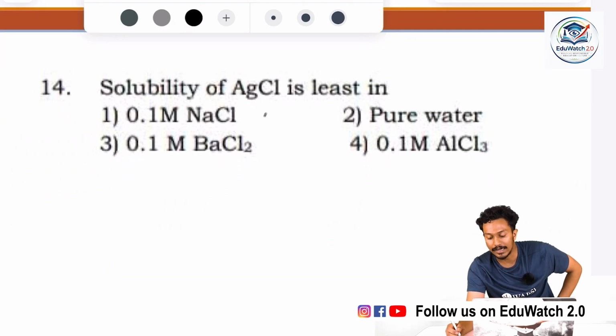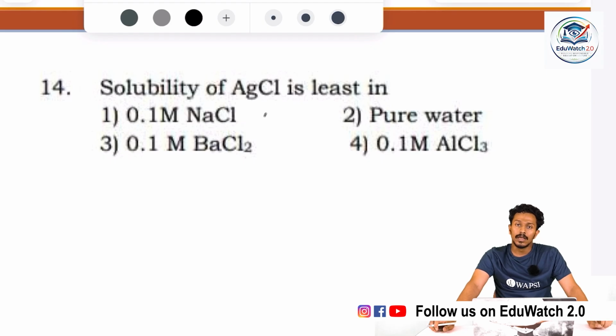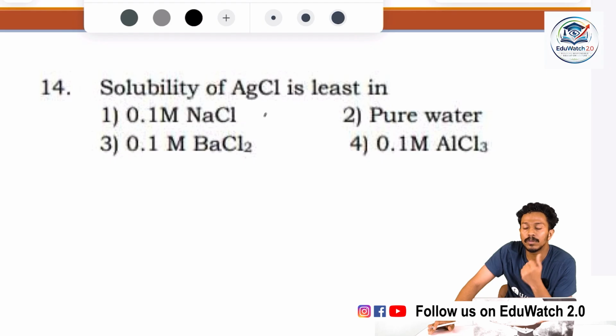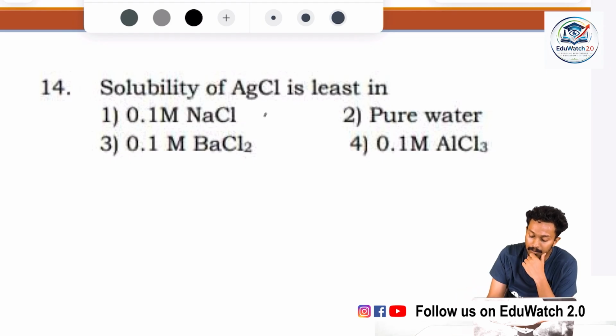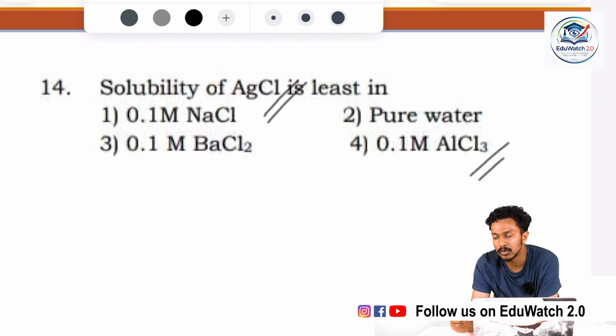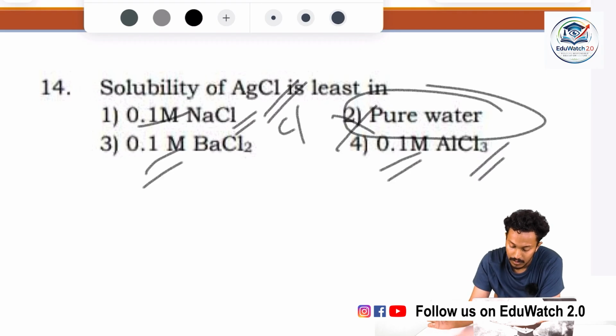Solubility of silver chloride is least in. Here the concept that is associated with this question is common ion effect. Ions common both in the reactants and solution, in the solute, help in reducing the solubility of the reactants. So here common ions like chlorine in silver chloride and all these solutions might lower the solubility of silver chloride. So here every option has 0.1 molar of